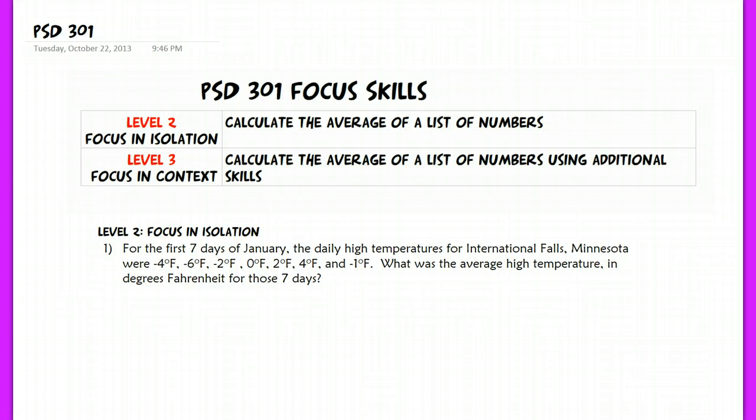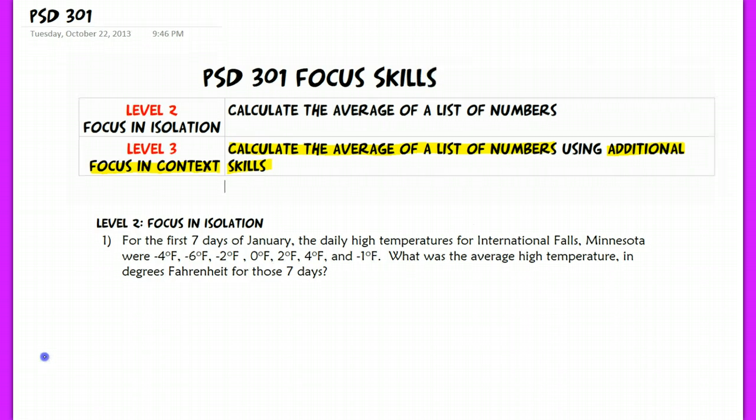Now, our level 3 focus in context, this is going to be in context with a lot of word problems, but we're going to calculate the average of a list of numbers, but also use some additional skills. We might be adding or subtracting in there as well. Okay, so let's begin. We've got a problem here, a level 2 focus in isolation question that says for the